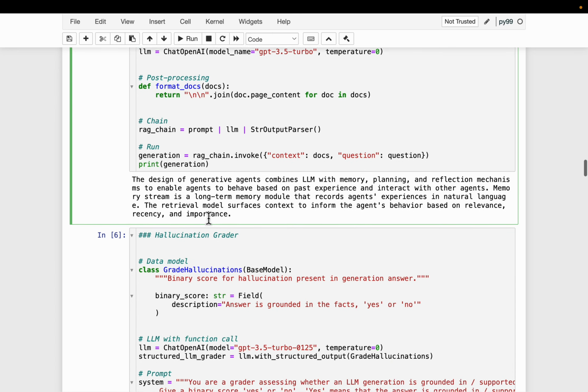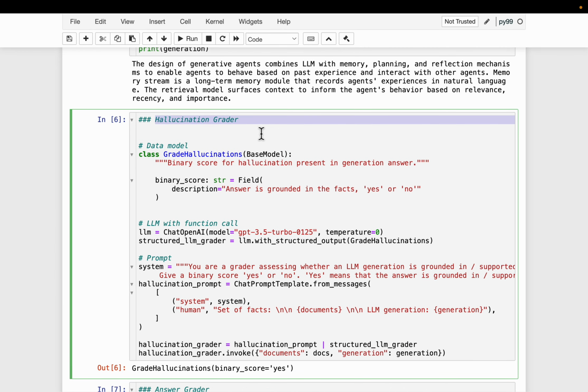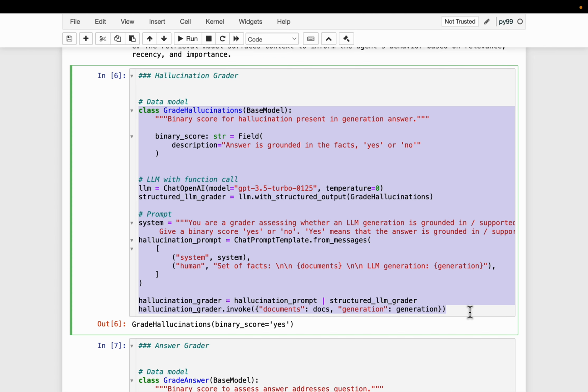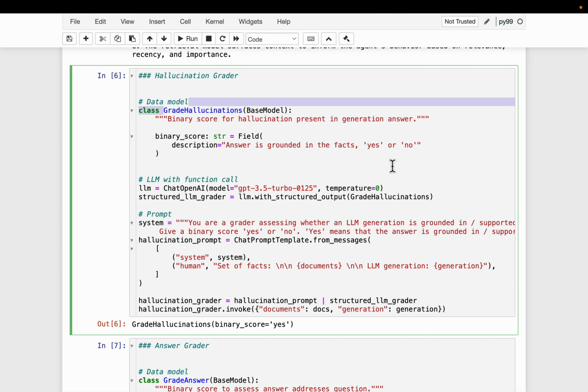Okay, all right. Now let's build this hallucination grader. Once the answer is generated, we will check if the generated answer is actually based on the context we are providing. It has exactly the same structure. Here we have a class, and again the output is yes or no. Basically, its job is to check if the answer is grounded in facts, facts meaning the provided context.